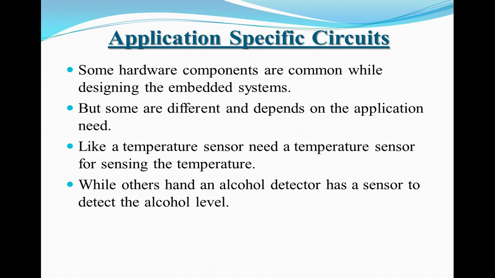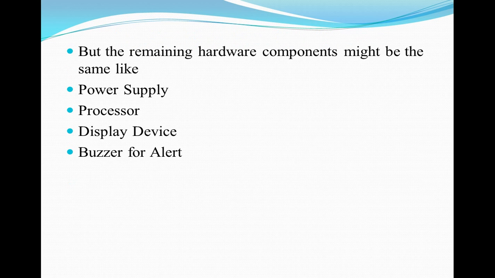Like for example, suppose we need a temperature sensor for sensing the temperature, right? Likewise, if we need to detect the presence of alcohol, there is the alcohol detector sensor, where the sensors are different. So according to the application, the need of the sensor is different. If you want to sense the water level indication, the sensor is different. You need to measure the temperature, the sensor is different. Likewise, if you need to detect alcohol, there is some other sensor, the alcohol level detector sensor, which is going to be designed likewise.